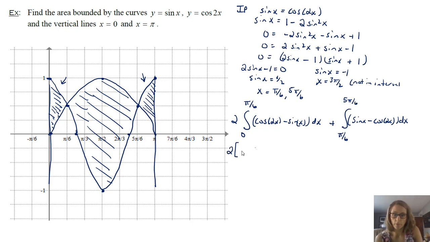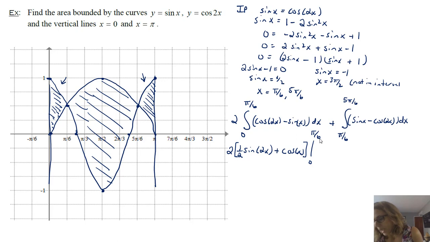So you'll have the antiderivative of cosine, which is sine. So you're going to have sine 2x, but understand that the derivative of this is cosine 2x times 2. So we need to make sure that when that happens, because we don't have anything in front of our cosine 2x, that we put in the 1 over a, or 1 over 2. So this is from substitution. And then the antiderivative of sine is going to be a negative cosine, but we have that negative there. So we'll have plus cosine x, and then we're evaluating this from 0 to pi over 6.